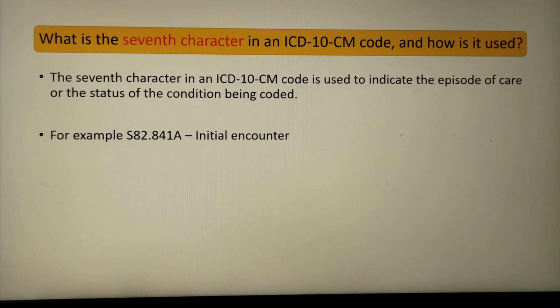Next, what is the seventh character in an ICD-10-CM code and how is it used? The seventh character in an ICD-10-CM code is used to indicate the episode of care or the status of the condition being coded. So, for example,